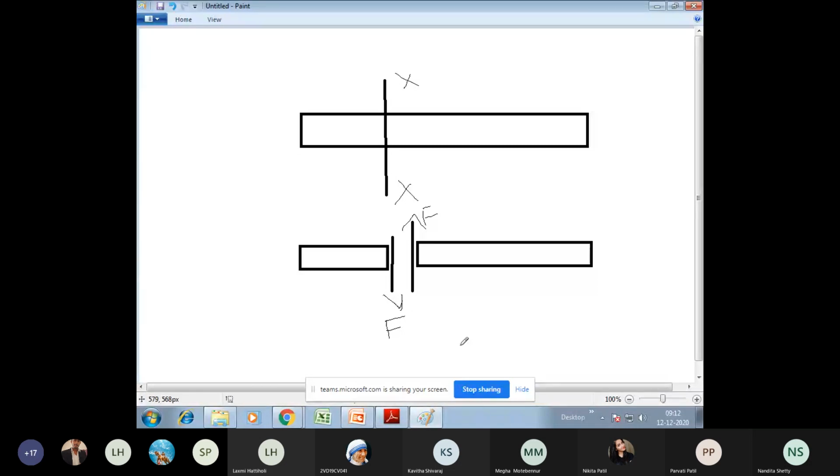So this is about the cutting force. Cutting force is nothing but the shear force. And what is the effect of shear force? It is sliding. As you can see here, let's say this is A side and this is B side. On the A side, the downward shear force makes that part of your beam move downward, and on the B side, the upward shear force makes your beam move upward. So you can see very clearly there is a sliding effect. This is the effect of shear force.